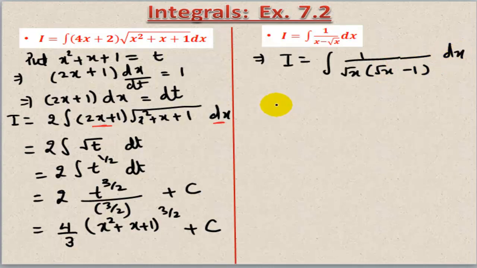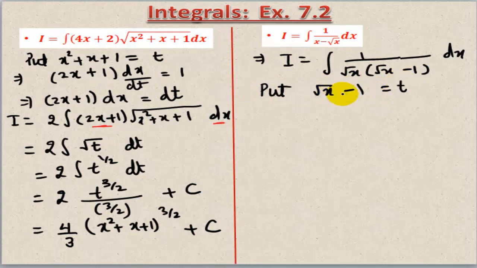Now think of what substitution can be made. Over here you can replace square root of x by t, or you can even replace square root of x minus 1 by t because the derivative of 1 will come out to be 0. So it is not going to affect the substitution procedure. So if I put square root of x minus 1 as t, let us see what is the derivative of root x. Derivative of root x will be 1 over 2 times square root of x. Then derivative of x will be dx over dt. Let us write it dx, that of 1 is 0 and the derivative of t dt.